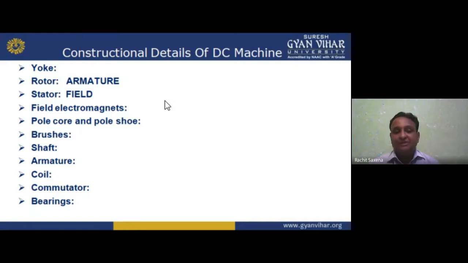So armature has the armature core, and lamination is there to reduce eddy current. And if you want to reduce hysteresis loss, then proper cross section and silicon content steel, because of the reversal of magnetism, as I earlier told you. So in armature, we have the armature core, armature slots, and in that slot we place winding. That is armature winding.